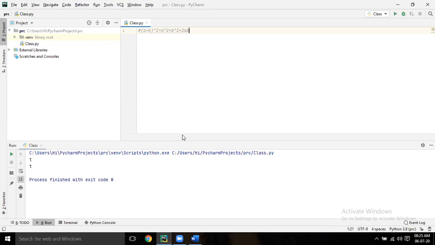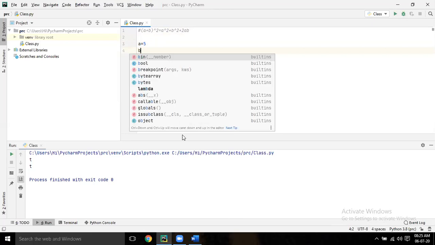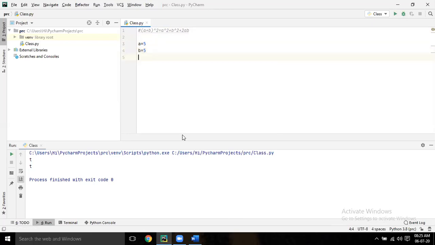Write a program so that the left hand side equals a plus b whole square, and the right hand side equals a square plus b square plus 2ab. So LHS equal to RHS. We used to do that, right, in our college time. Yes, sir. So now do it in a program. We can put values, sir. Here one value for a, one value for b, something. Correct. Take a equal to 5, b equal to 3, whatever. Okay. Then do it. Now do it.